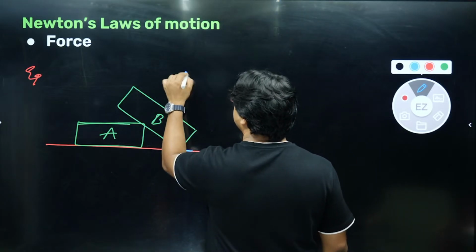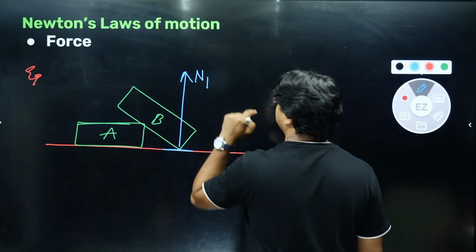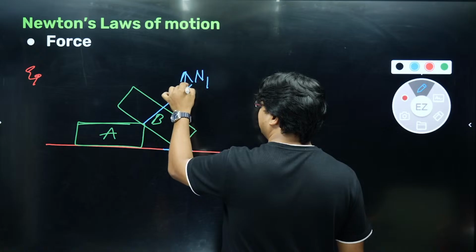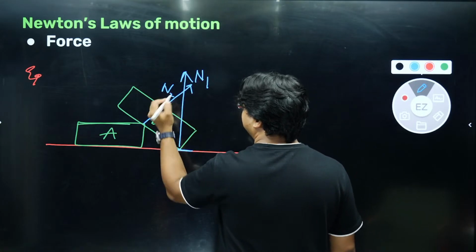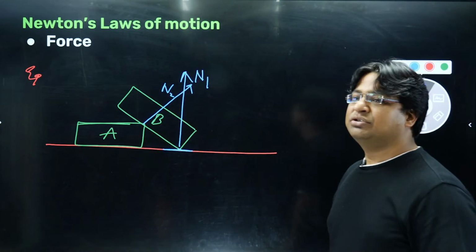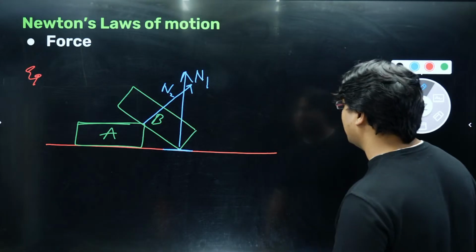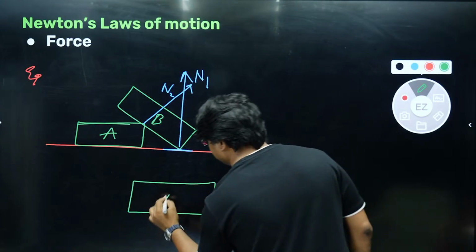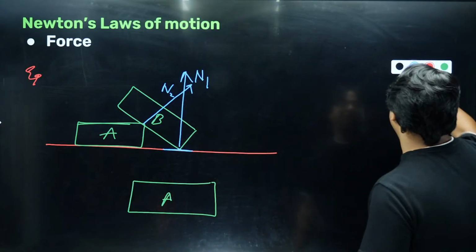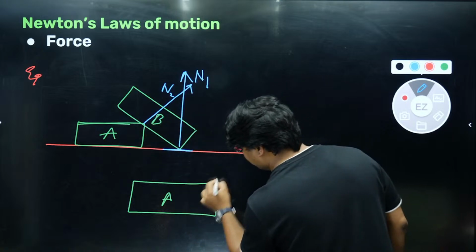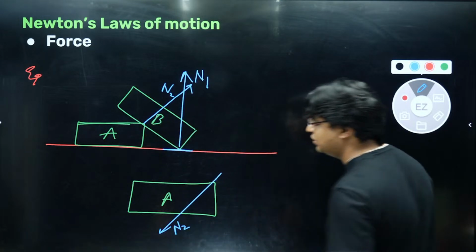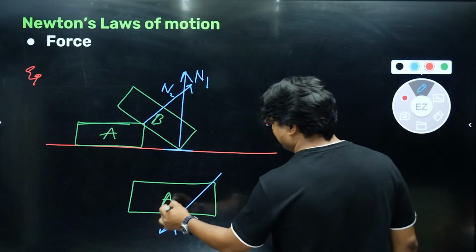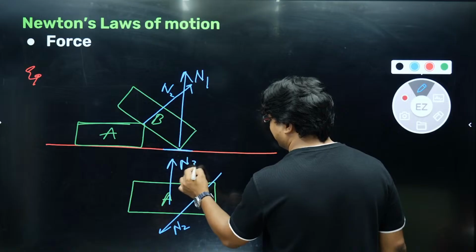So on B, this would be the normal force exerted by the surface. Similarly, normal force exerted on B by A would be this much. Okay, so these two arrows indicate the normal force on B. If I want to draw the normal forces on A, how will I draw them? I'm drawing it separately to keep the figures clean. So the reaction of N2 will act like this. I will still name it as N2 because action and reaction have the same magnitude. And there will be another normal force on A exerted by the ground.